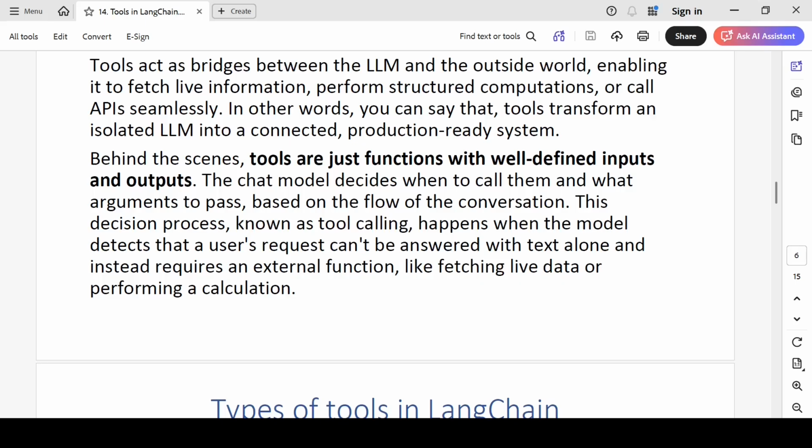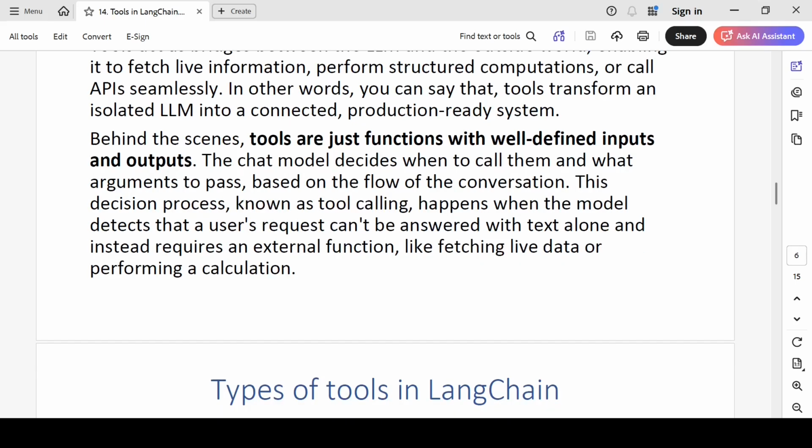If you are using Python, you will write a function with well-defined inputs and outputs. That means it will have some parameters and a return type. Then the LLM decides when to call them and what arguments to pass based on the flow of the conversation. This decision process is known as tool calling.